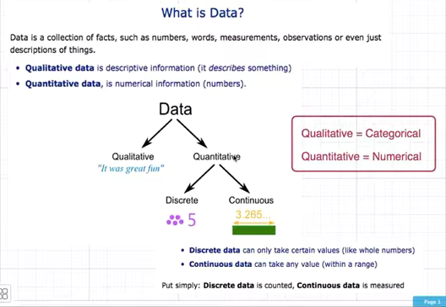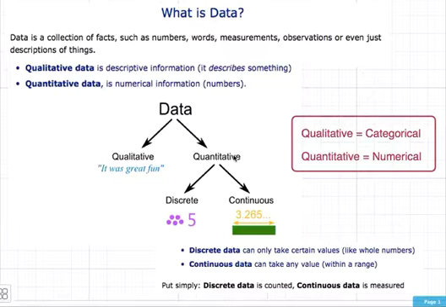There's what's called qualitative data, which comes from the word quality, and quality tells us about something. The other type of data is quantitative data. It comes from the word quantity. Now, quantity tells us how much we have of something. So we can think about it as being like qualities, like things about an object. So there's maybe hair color, eye color, they're qualities. That's qualitative data. Quantitative data might be something like height or weight, okay, because that's numerical and tells us about